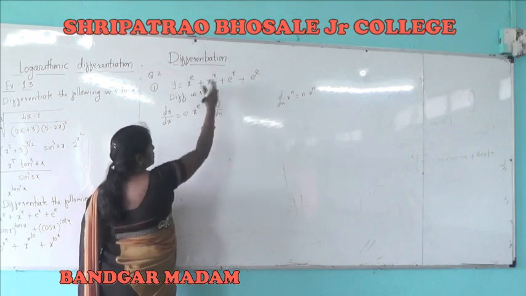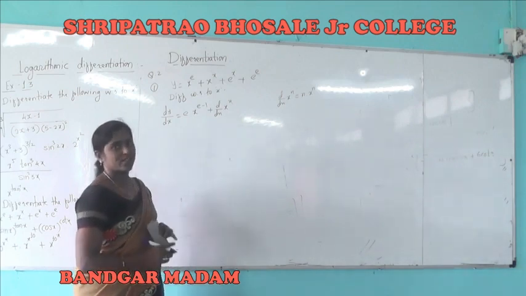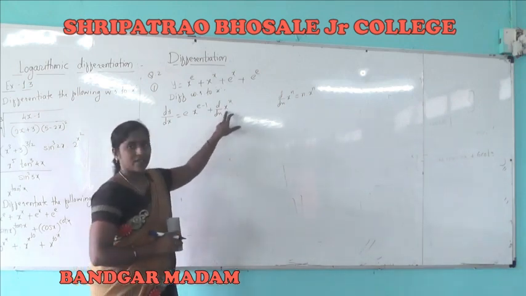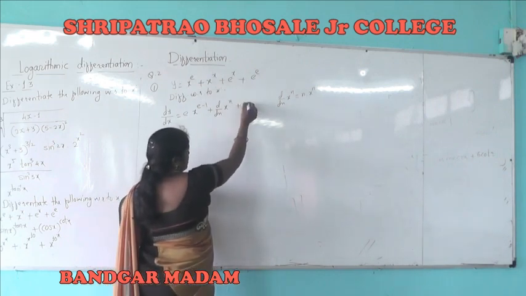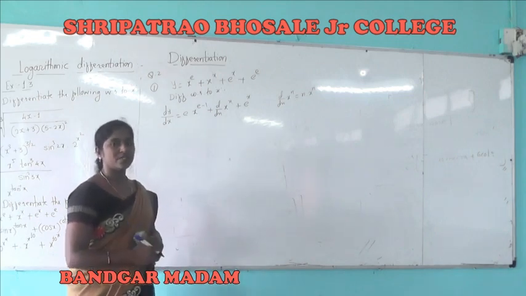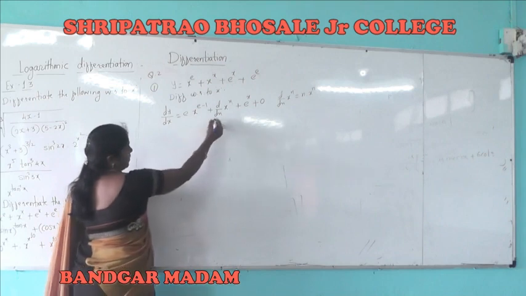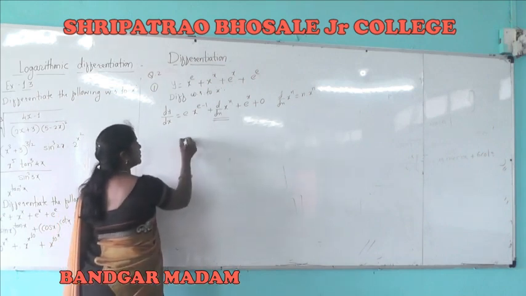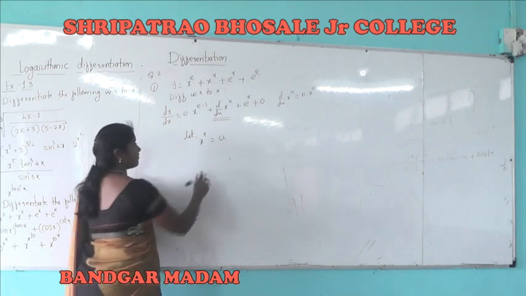we have to simplify this x raised to x, so we will write d by dx of x raised to x. We have to simplify for x raised to x and then differentiate. E raised to x, its derivative is e raised to x. E raised to e is a constant, so its derivative is 0. Thus, now to find this derivative, we will let x raised to x be another variable.